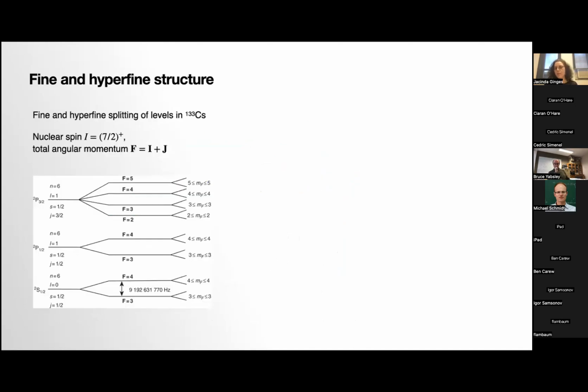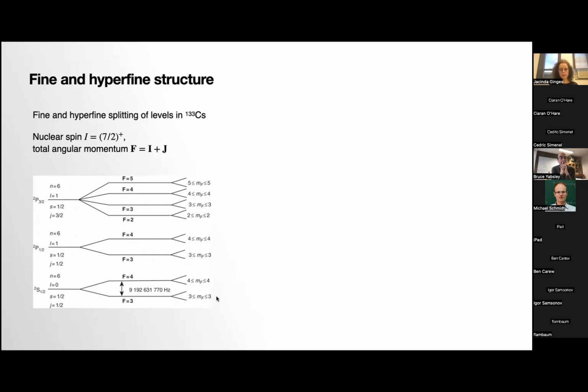So just as we move into this hyperfine structure discussion, let's start with fine and hyperfine structure. So here we've got the fine structure splitting in cesium. So we've got 6s, 6p1/2, 6p3/2. We get that splitting, of course, due to the coupling of the spin and orbital parts in the atom, but then due to the coupling between the angular momentum of the atom with the angular momentum of the nucleus, we get the hyperfine structure splitting. And then we get, for example, the 6s state is going to split into these two levels defined by the total angular momentum F.